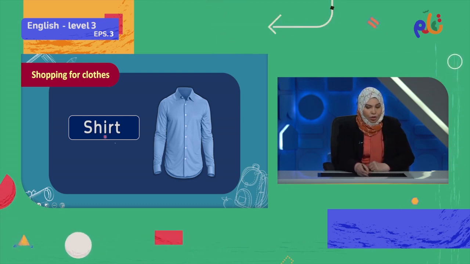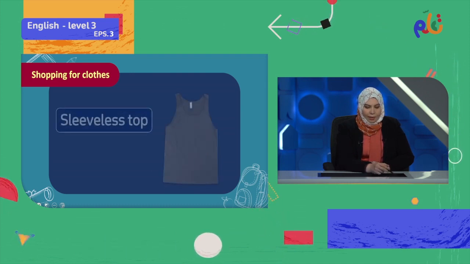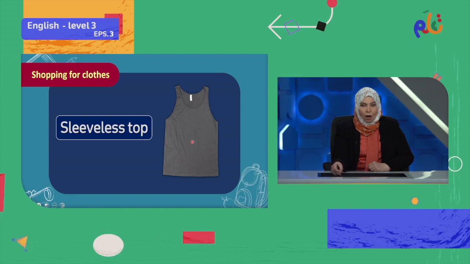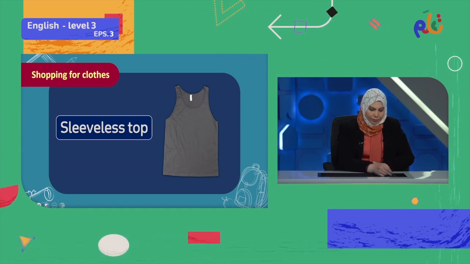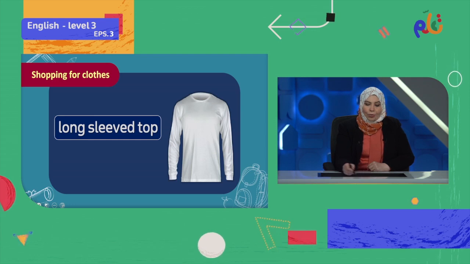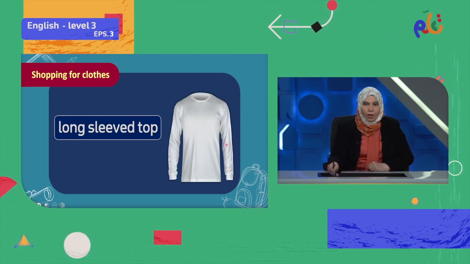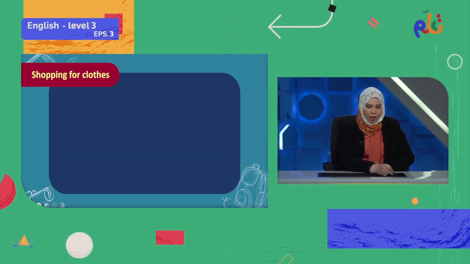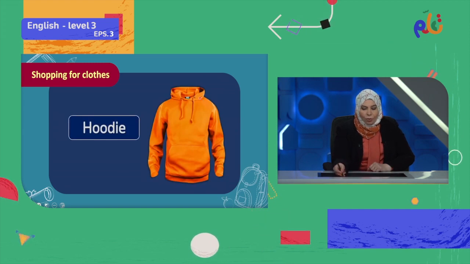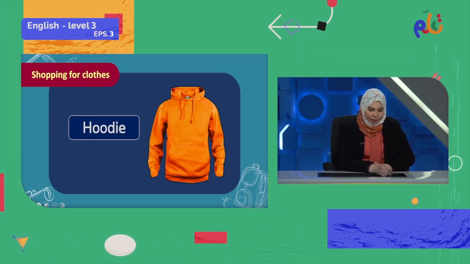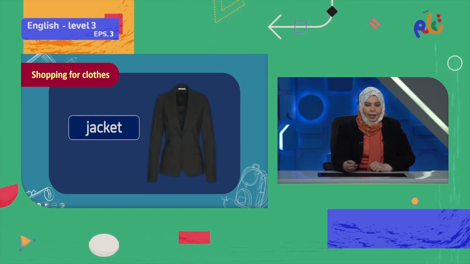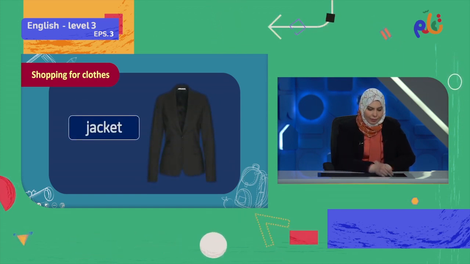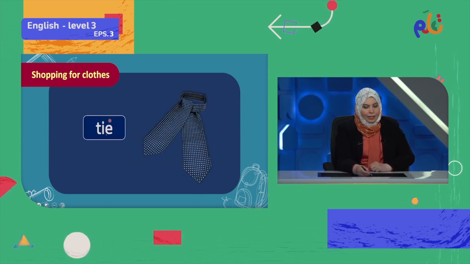So to start with, we used to talk about our clothing. So we have shirt, and we have sleeveless top, a sleeveless top, and we have long sleeved top, so sleeveless without sleeves and long sleeved with sleeves. And we have a hoodie, jacket, a tie,